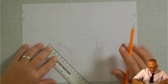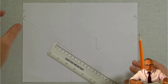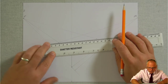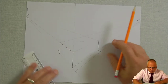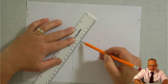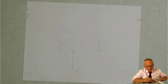Now, I need to know where the middle is. I want them to run down the middle of this. So the easiest way to do that, I could measure that line, but remember, in perspective, things get smaller as they get further away. So the best way of finding the middle is to use the trick of going from corner to corner. Right, now I don't need to go all the way across. I just need to estimate where that middle might be and draw a bit of a line. And then that corner to that corner, I don't even really need to draw a line, I just need to do a dot. I'll do a slightly bigger line so you can see it. So that goes from that corner to corner, gives that one, from that corner to corner, gives us that one. All that achieves for us